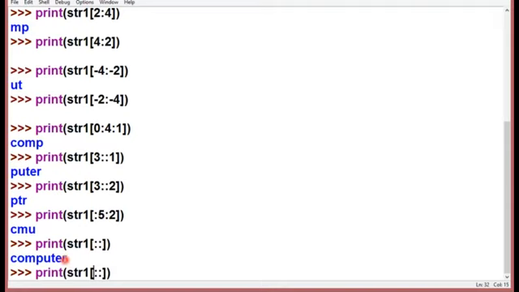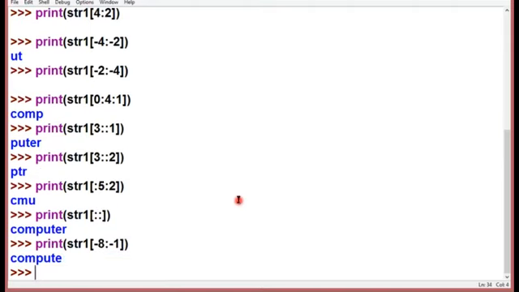So if we talk about 0, this is -1, this is -2, -3, -4, -5, -6, -7, -8. So C is stored at -8. So let's start with -8, reach till -1, and there is no stride value right now. So it is going to give me this result. Why so? Because C is stored at -8.